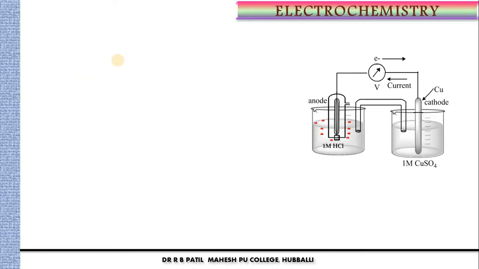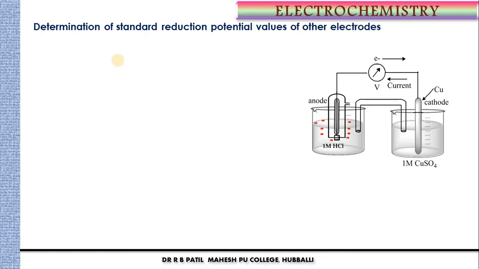Now let us see how to use standard hydrogen electrode as a reference electrode to calculate electrode potential of other electrodes. Students, one very important point you remember, whenever I say electrode potential, it is a reduction electrode potential. By convention, the electrode potential of any single electrode is given in the form of its reduction electrode potential values. Its tendency to gain electron, on that basis values are given. Once again I come back to that one when I explain electrochemical series.